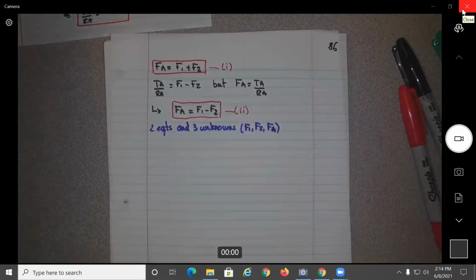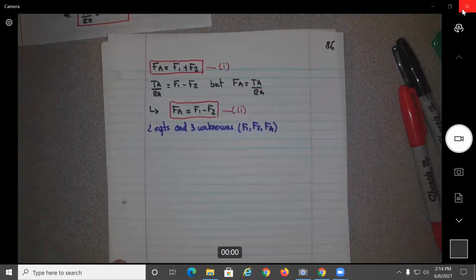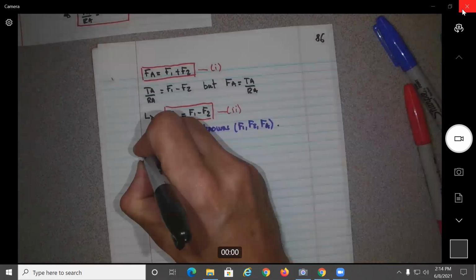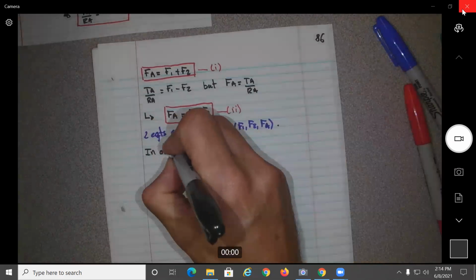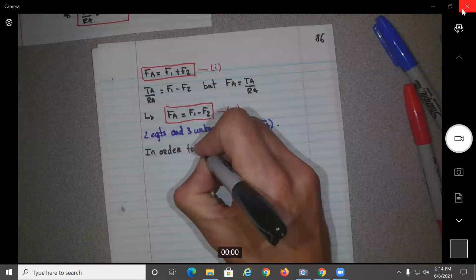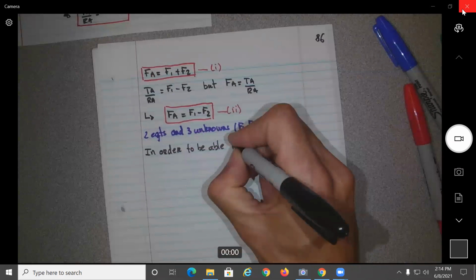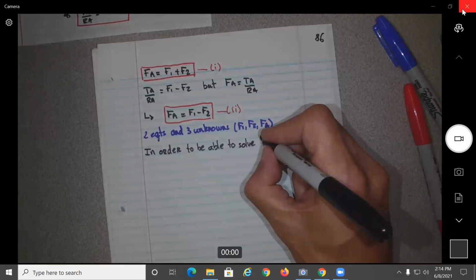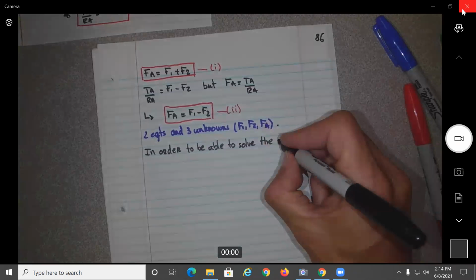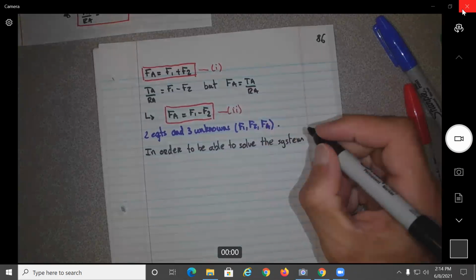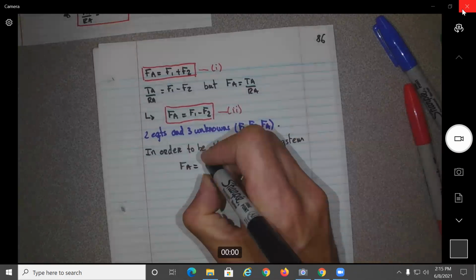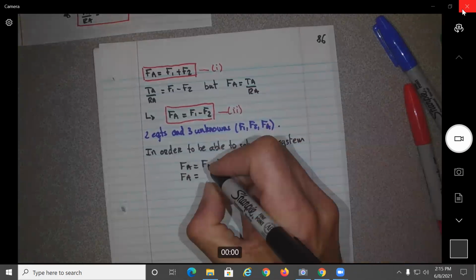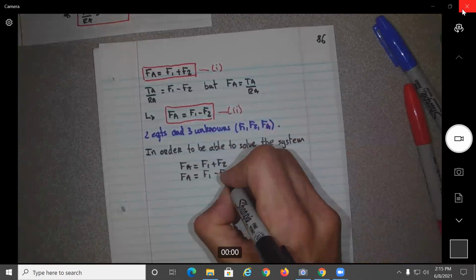So if there's two equations and three unknowns, can we solve that problem? No, okay? So in order to be able to solve the system FA equal F1 plus F2 and FA equal F1 minus F2,